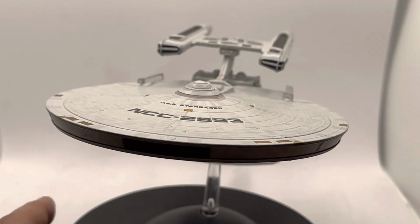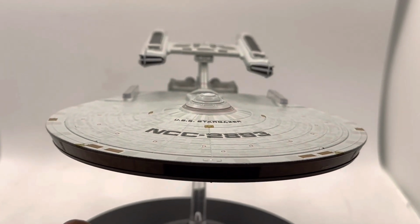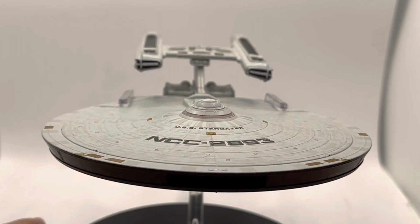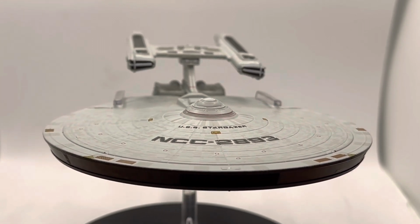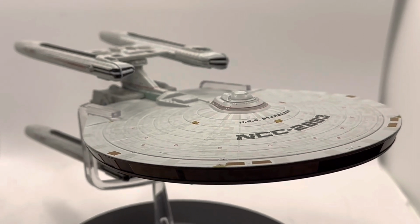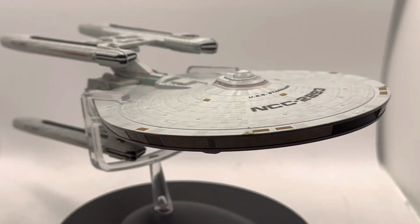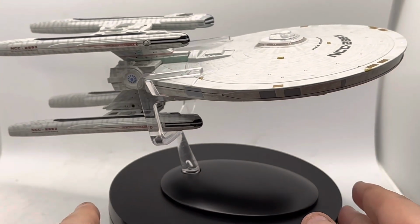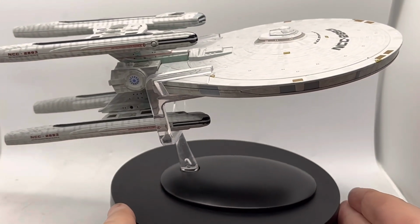I will be doing some photography of this ship after I finish recording this, and I'll tag that onto the end. But I can already see, to be honest, from some of the lines of this ship, that it's absolutely beautiful. I think it's going to photograph extremely well. I'm just going to put it sideways for a second, just so you can get a really nice sort of profile shot there,